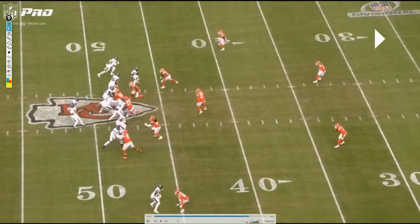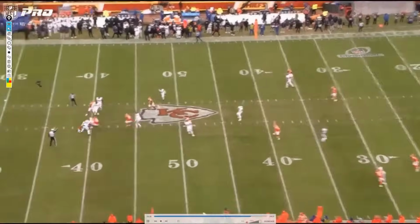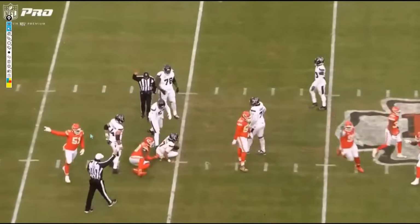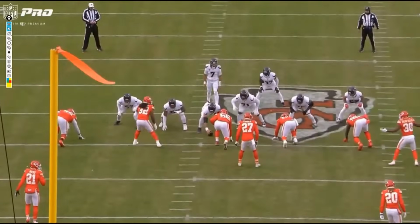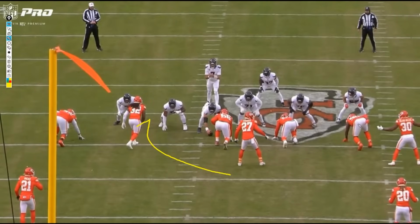And that's exactly what happens, because Nick Bolton is not actually blitzing. They're going to rotate here and get Charles Omenihu to loop around, which I really like, by the way. I love this blitz dynamic right here, where it's not actually a blitz, but more of a simulated one. Nick Bolton comes up here and he backs out. They're going to loop Charles Omenihu around, but they create that one-on-one situation with Chris Jones, and that's how you